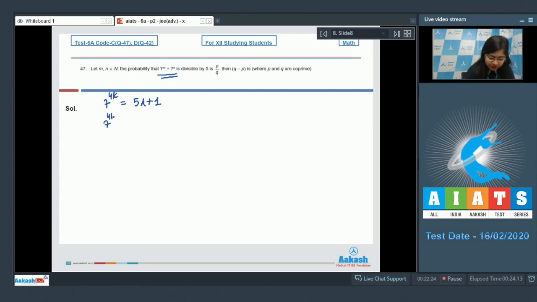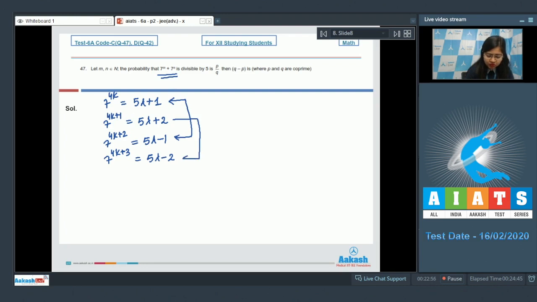Similarly, we can see 7 raised to the power 4k plus 1 is of the form 5 lambda plus 2. 7 raised to the power 4k plus 2 is of the form 5 lambda minus 1, and 7 raised to the power 4k plus 3 is of the form 5 lambda minus 2. Now, we need that sum of these two should be divisible by 5. Now, this can be obtained when we take two numbers of these two types or we take two numbers of these two types, right? So, required probability of, let us say, event E is equal to, first number can be